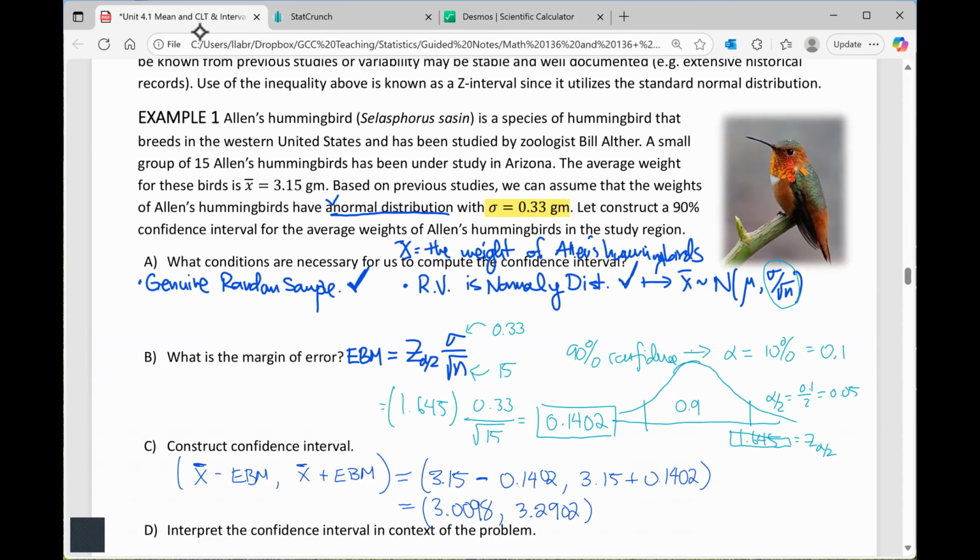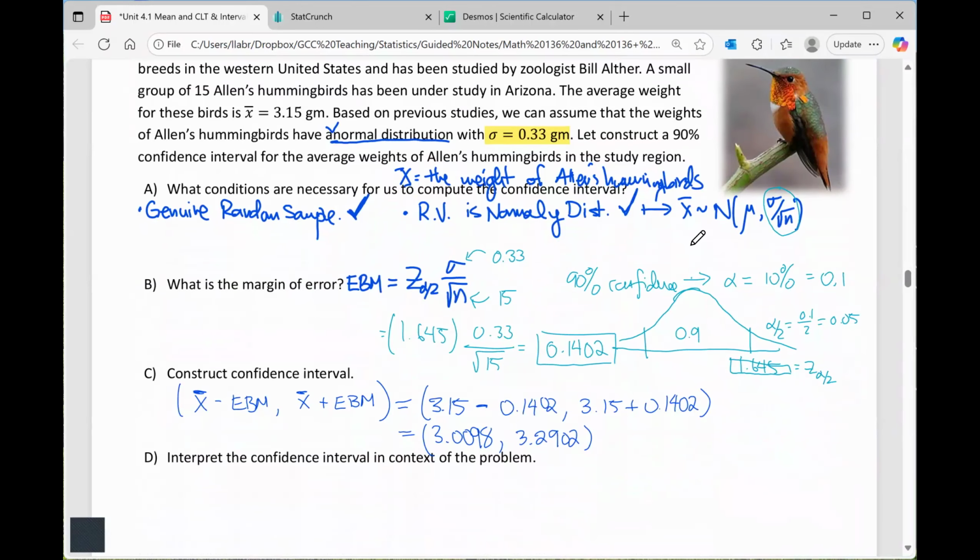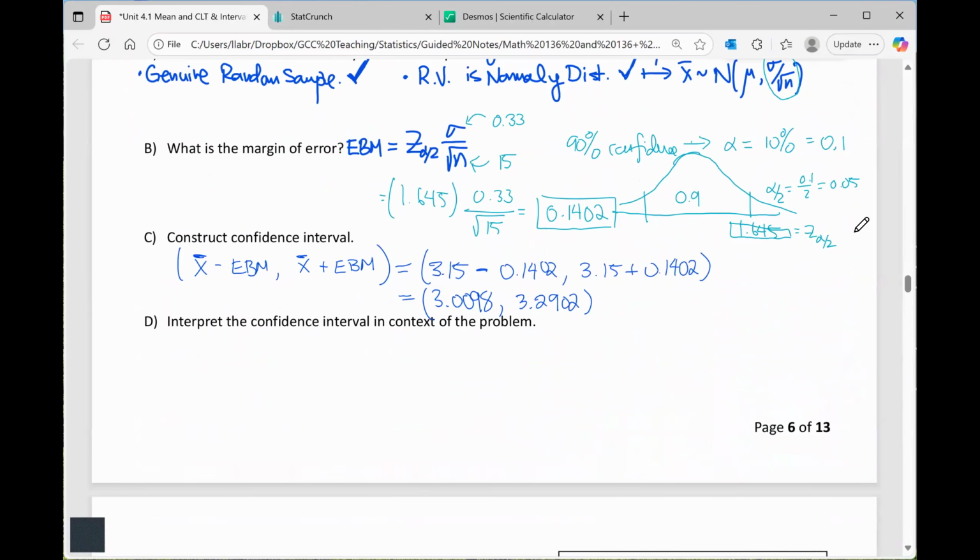What we created now is, if I were to take a single sample, so here's a visualization. If we were to take a single sample, we're going to say I'm fairly certain that I'm going to land close enough to the middle. So here's X bar. And then if we extend to the right from this number by the error bound, and we extend to the left by that error bound, wherever we land on this number line will capture the true center mu. So that's what we want to go ahead and interpret. So here when it says interpret, we're going to say we are 90% confident